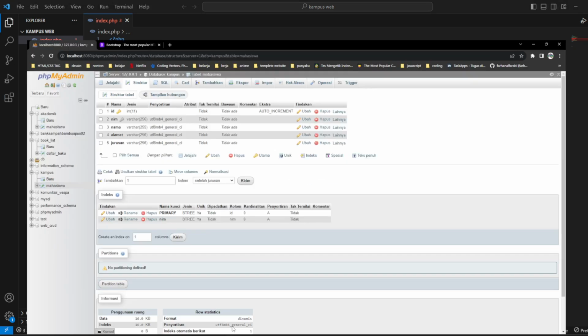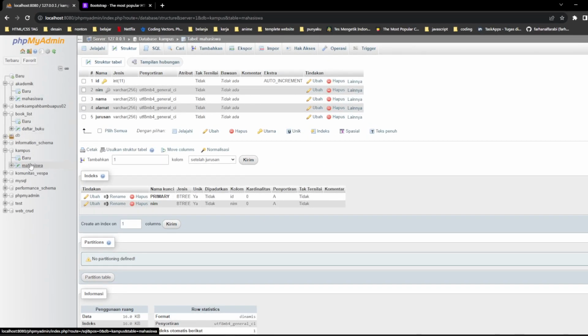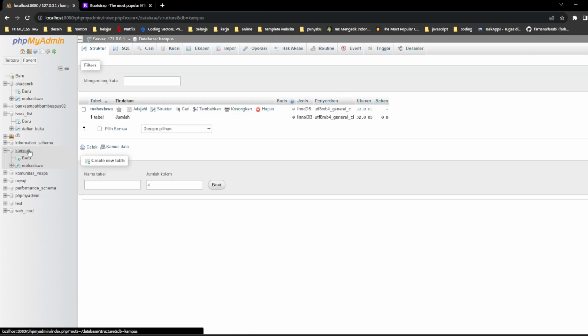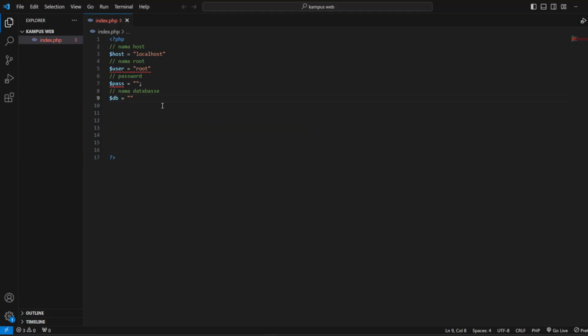You can look in this. Our database is campus, like this. This is the name of our database, campus. Okay, and don't forget to put the comma like this. Okay, so first, after that we will